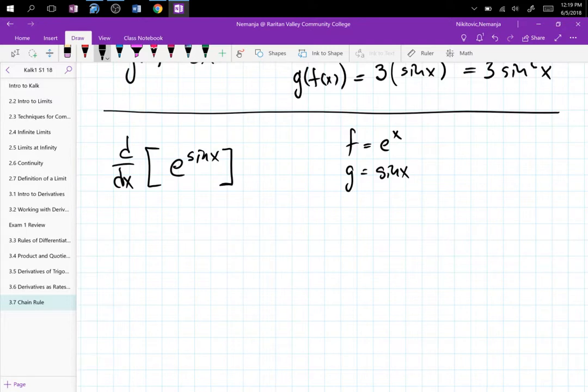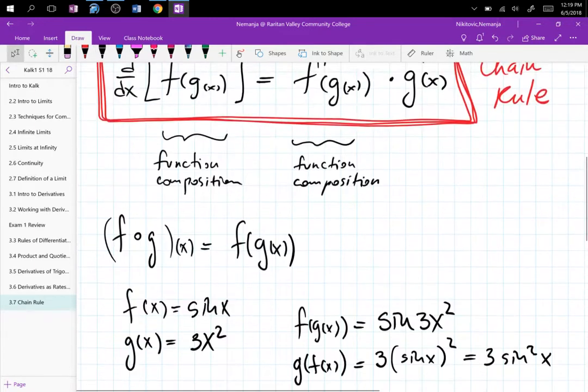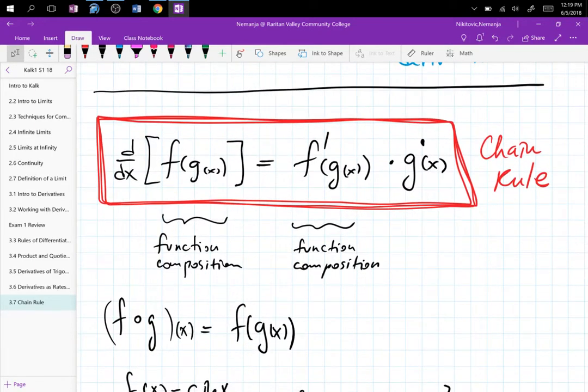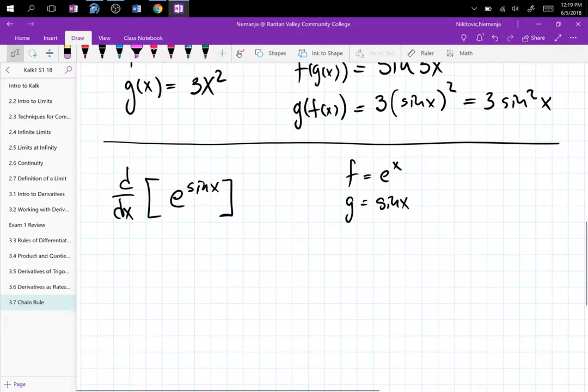So now you see that if you replace x of f with g, you will get the function we have. Great. So now, if I am trying to take the derivative of this, well, I need to take the derivative of f, and the derivative of f is itself, but I still have to have g plugged in. You see how that works? You find the derivative of f, and then you keep g plugged in. Well, derivative of e to the x is e to the x,